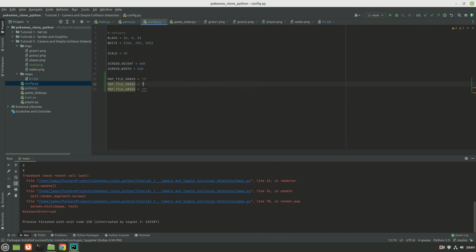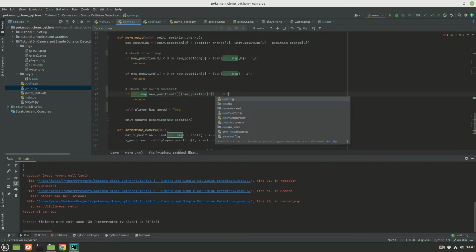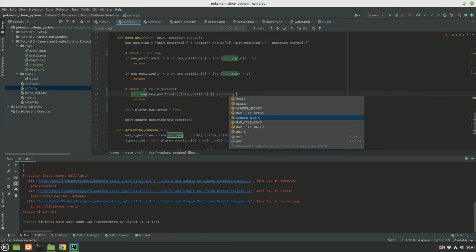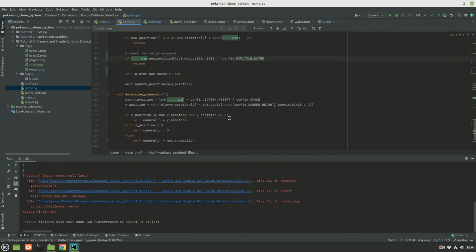So then we're going to have water. And now our new one is going to be road. Save that. So then this we're going to replace with config dot. That was water, right? So that's cool.